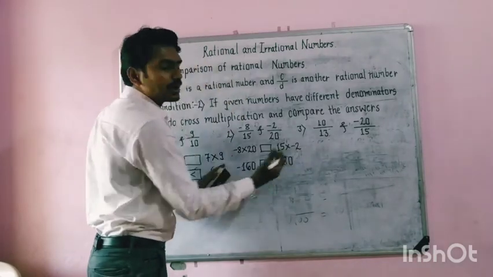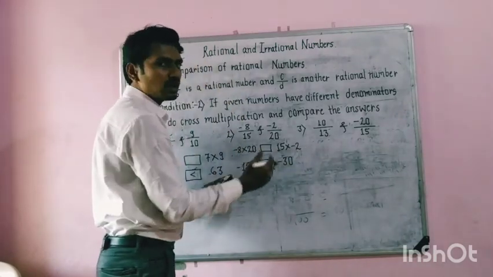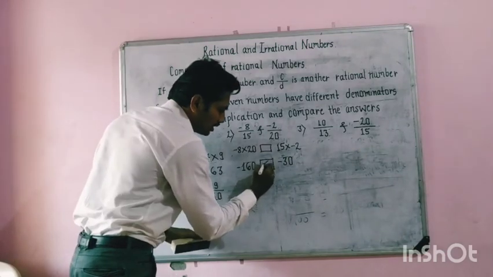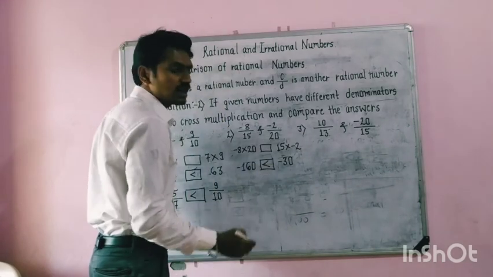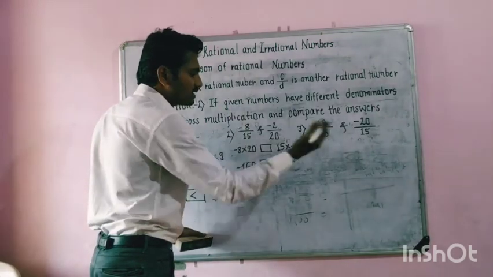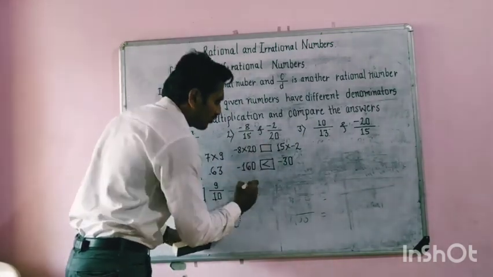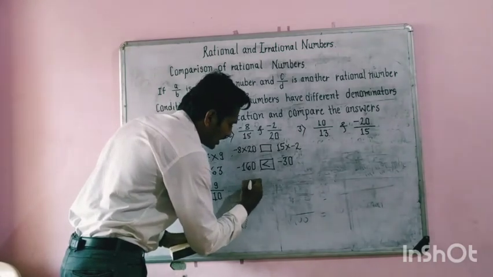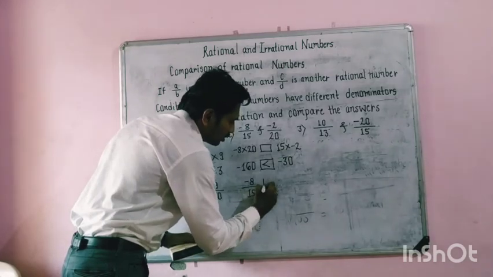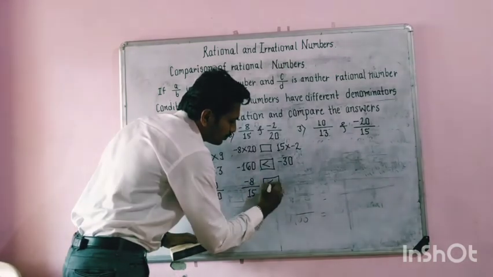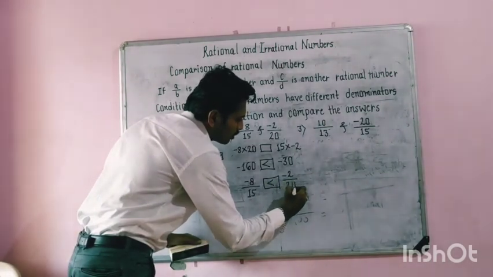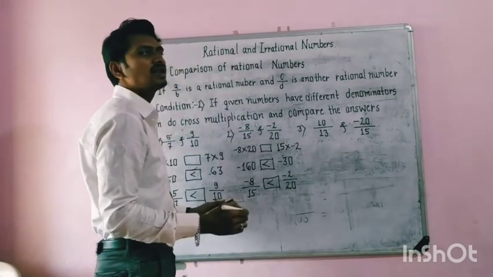If both the numbers are negative, then the number that appears smaller is in reality greater. So negative 30 becomes greater than negative 160. The right hand side is greater. Therefore, the final answer is negative 8 upon 15 is smaller than negative 2 by 20. And the last one,